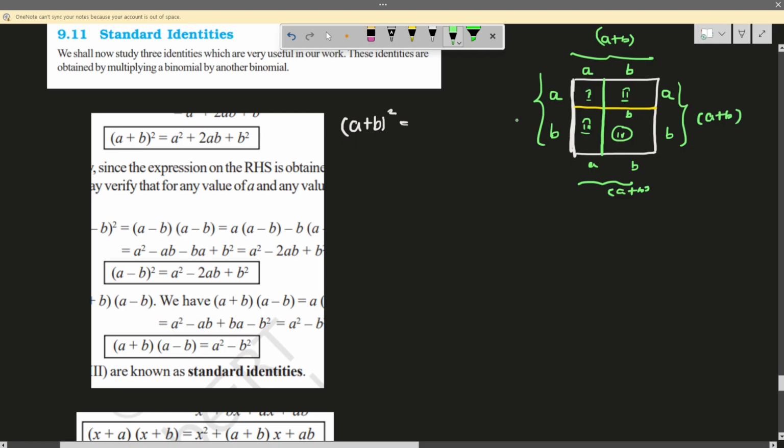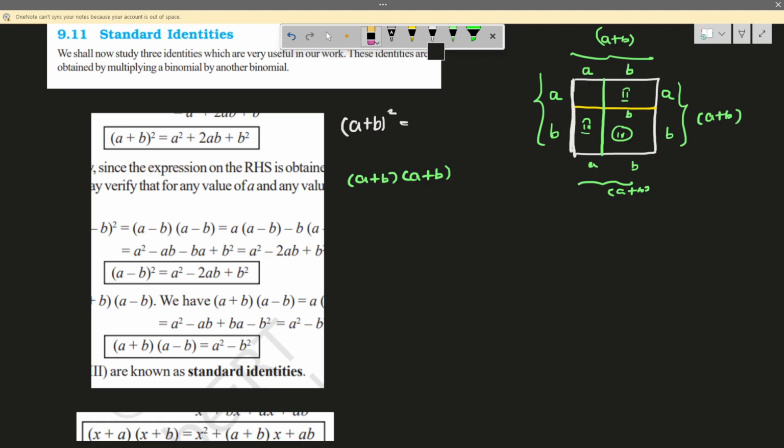And now this is a square of side A plus B, and the area of a square is nothing but side into side, which is given by A plus B into A plus B, and this area should be equal to the sum of these 4 areas, right? So this is a square, and square area is side into side, so A into A we got A square,